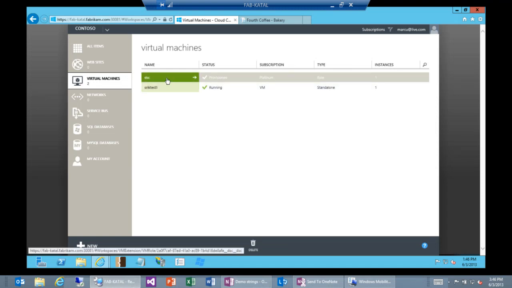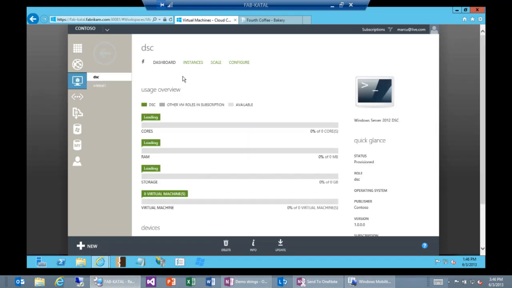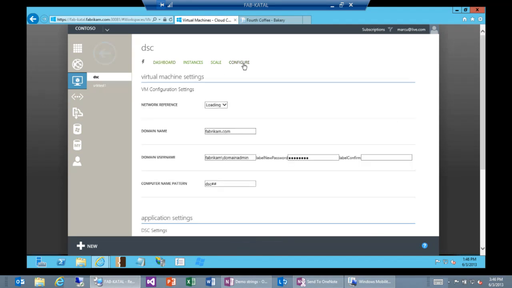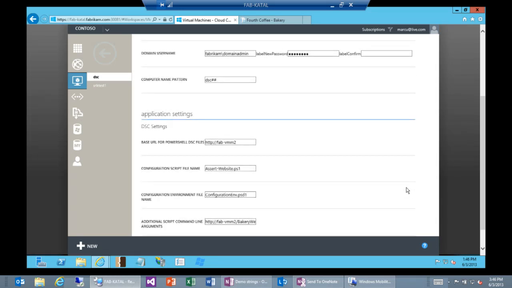All right, and that was really the end of the wizard. Let me just jump to this instance to save all my typing again. So I've configured the role, and I've started my deployment. I've given all the PowerShell settings to it, and you can see this one I deployed earlier on the configure page. There's all my virtual machine container references, and if I scroll down, here's all my PowerShell DSC artifacts that I've told the cloud provider where to pull these artifacts from into my VMs as they're instantiated.